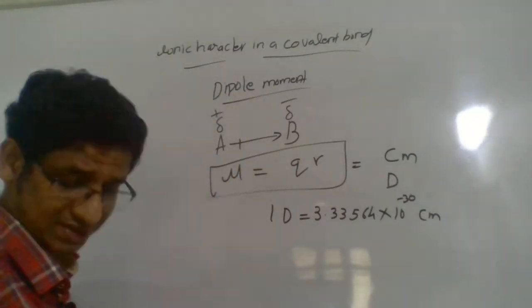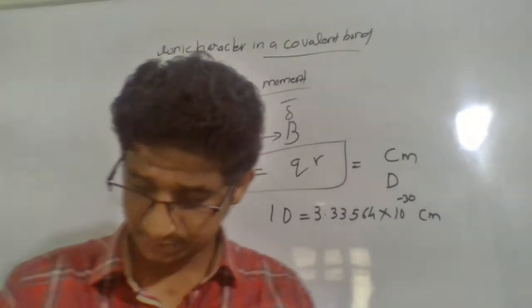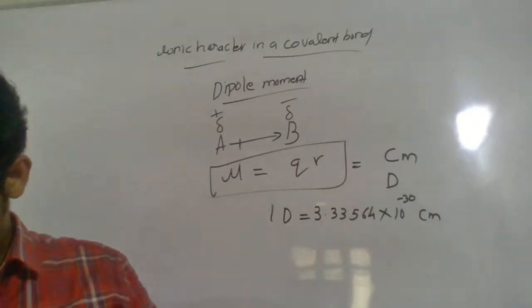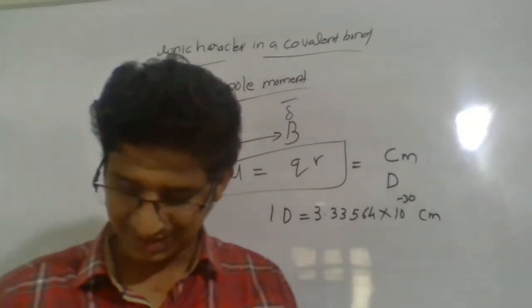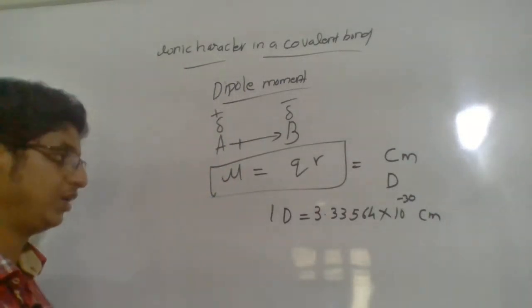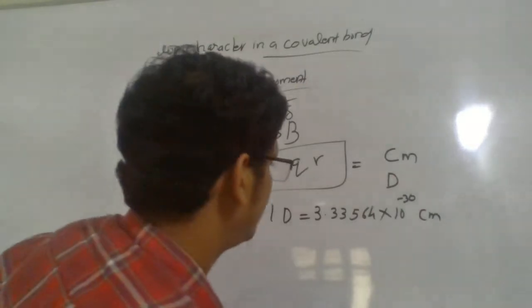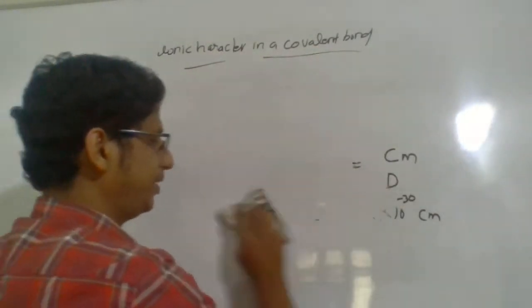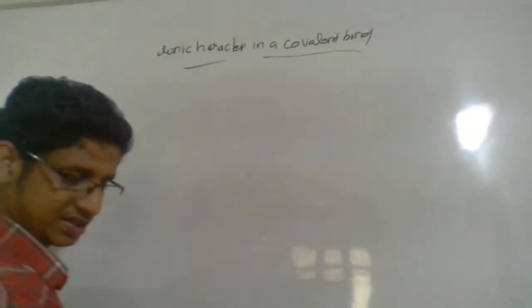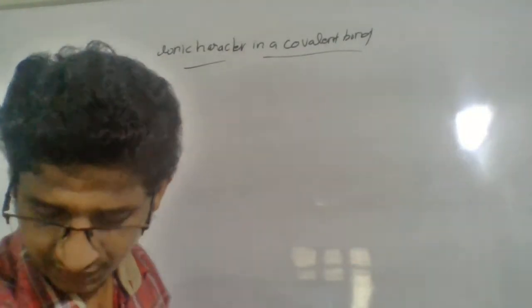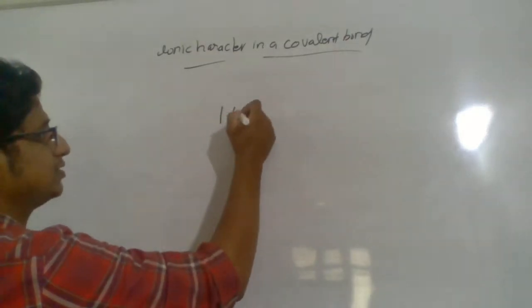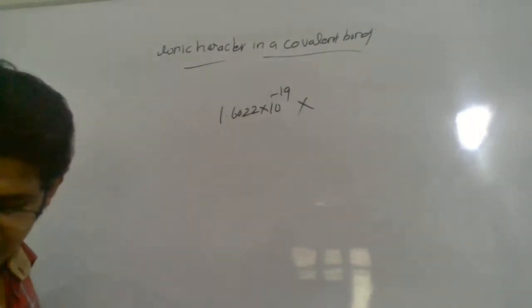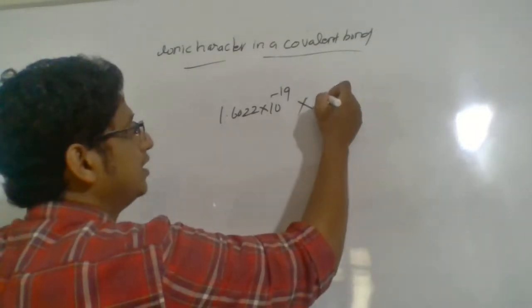So either you can express it in debye or you can express it in coulomb-meter. So let us take a value. Consider a dipole, where you imagine the charge at one center is developed due to the charge of an electron. So the charge of the electron is 1.6022 into 10 raised to minus 19 coulomb, into the distance between the dipole,